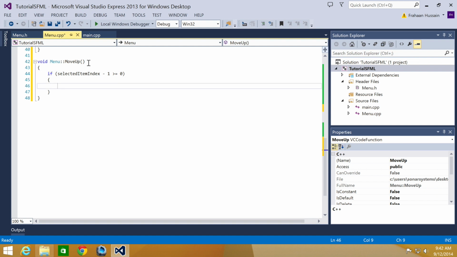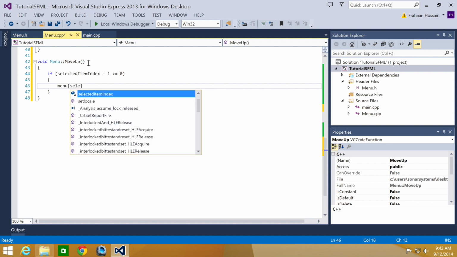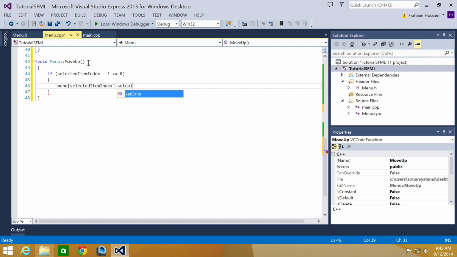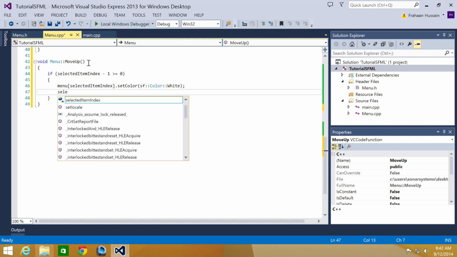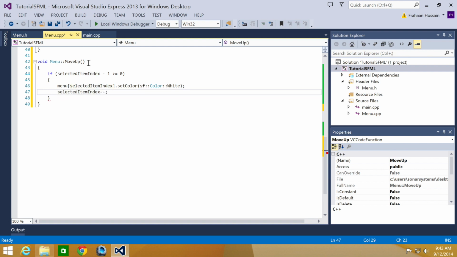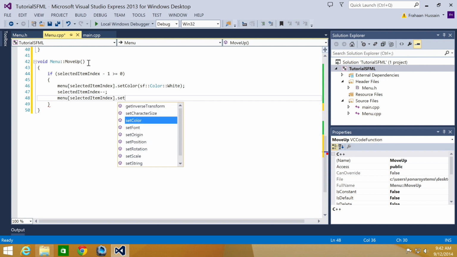I'm going to check if by clicking up, which will take away one from the selected item index, it will go below 0. If so, we won't do anything. So we're going to do menu selected item index dot set color with sf::Color::White. And now we're going to do selected item index minus minus. Now we're going to do menu selected item index, so this will be the newly selected item index dot set color, and obviously we're going to put red as